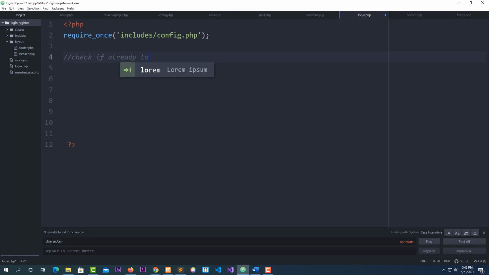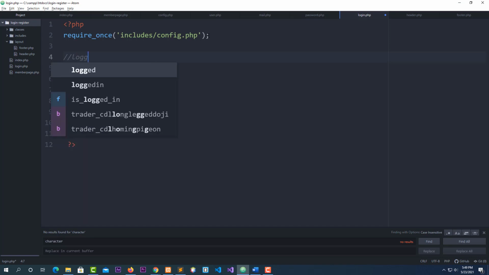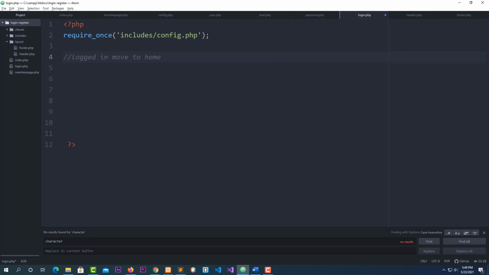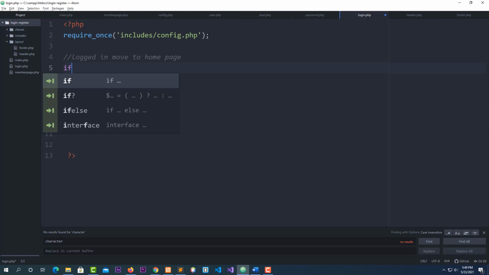I'm going to check to see if the user logged in. Okay, I'm going to make sure the login moves to the home page. Let me say it this way. Keep it simple: login move to home page. Okay, for this I'm going to say if